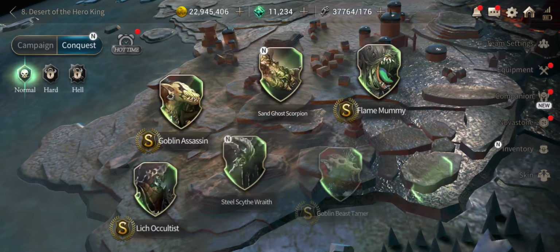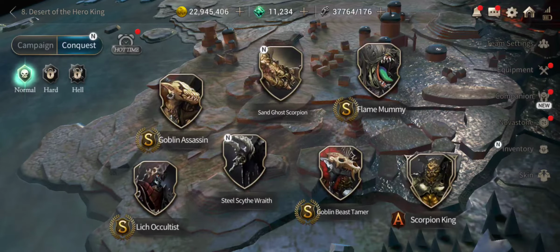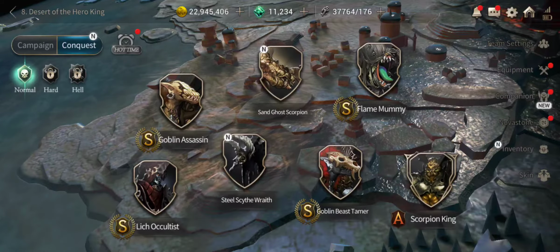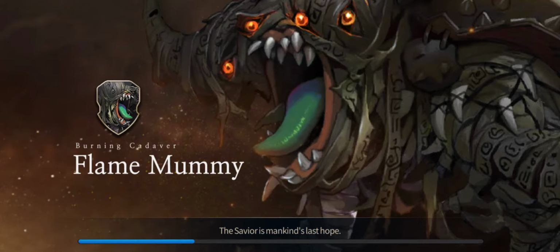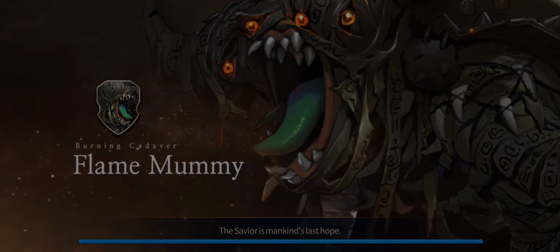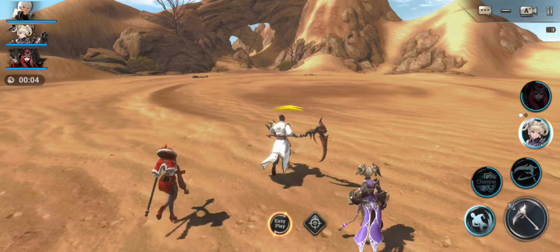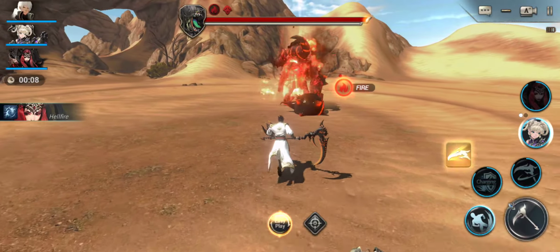Anyway, here it is. I guess flame mummies will work. Okay. So, your goal with the Death Scythe is to get as much down as possible so that you can pin them to the ground and to break them. Once you break their super armor,